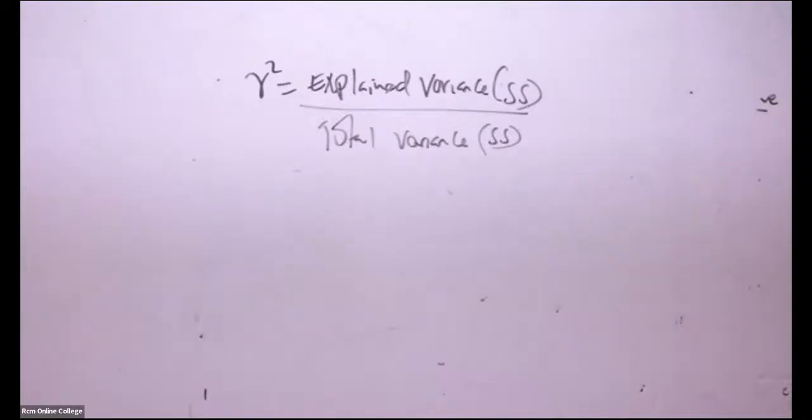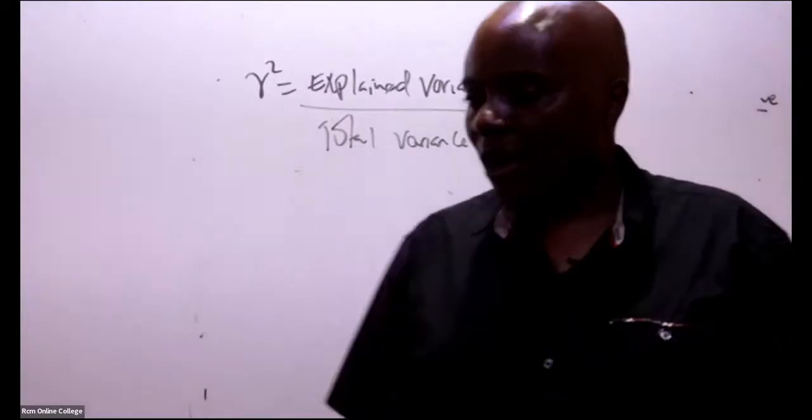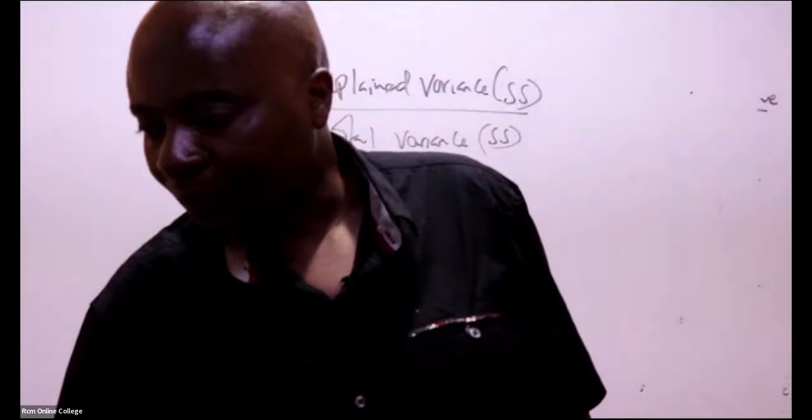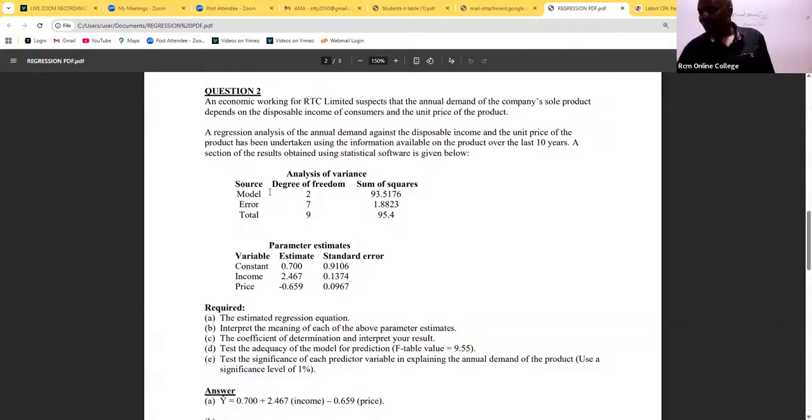Yeah. So you take the explained variance in terms of sum of squares all over the total variance in terms of sum of squares. Now, I hope you guys are able to remember that the model is regression. Model is explained. Error is unexplained. And then we have the total. So then the model, which is the explained variance, 93.5176, 93.5176 all over the total, which is